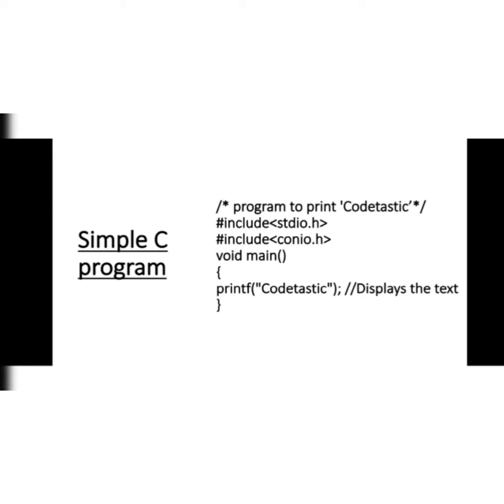Now let's understand the structure of a C program with an example. On your screen you can see a simple C program that prints a text on the output screen. #include is used for including header files like stdio.h and conio.h, that are header files with inbuilt library functions. Every C program has one or more functions. If a program has only one function, that must be the main function. Execution of every C program starts with the main function.